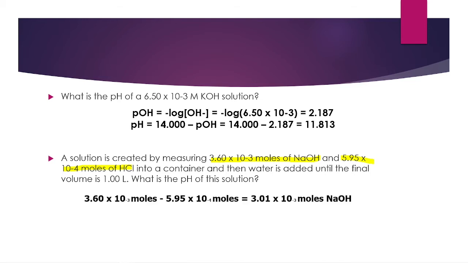If you do that, you should end up with something like this. So obviously the HCl has a smaller number of moles, so that's going to be used up first, and it leaves us with 3.01 times 10 to the negative 3 moles. After that,